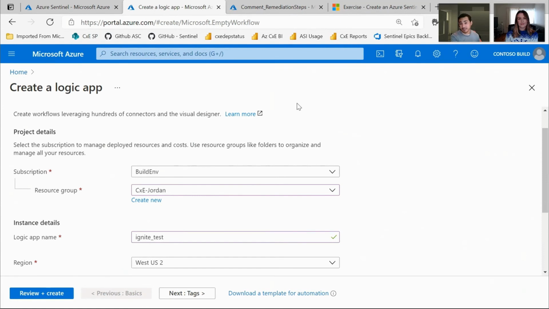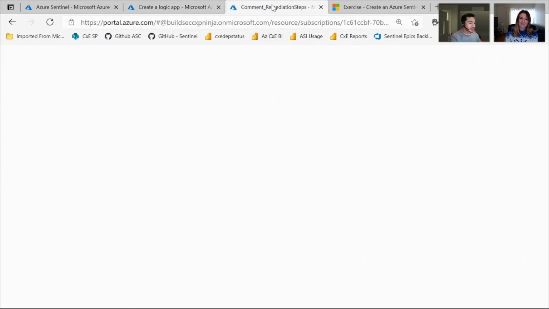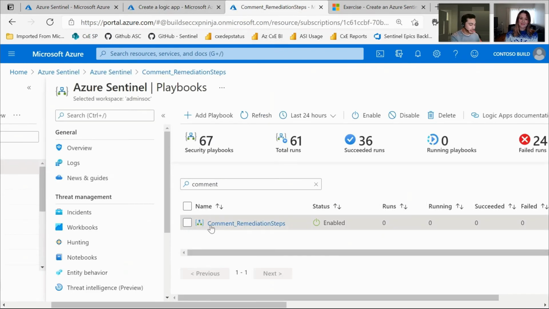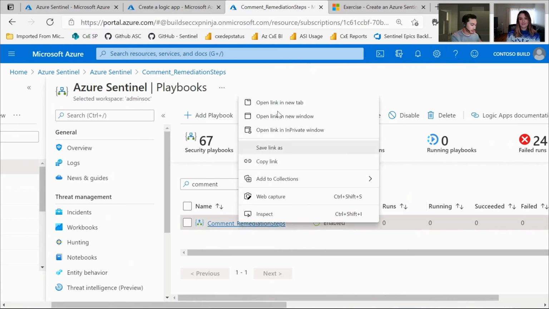It's a great one to test and see instant results, but it might not be the most efficient playbook to actually utilize within your SOC, because more often than not, you would just click close on that incident rather than hitting run playbook. So the playbook that I created right here, comment remediation steps, I'm going to open that one up for y'all to take a look at